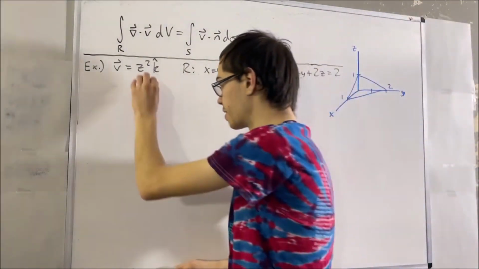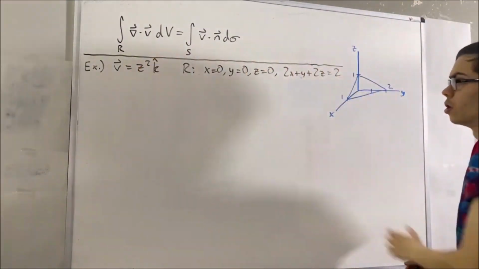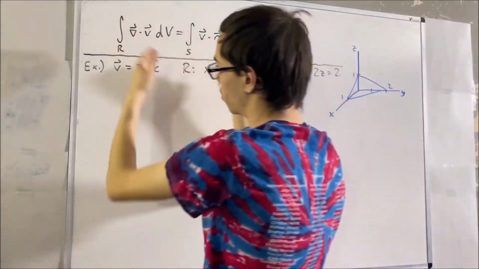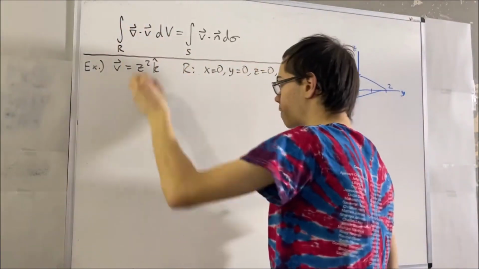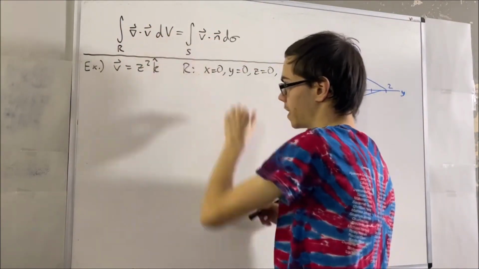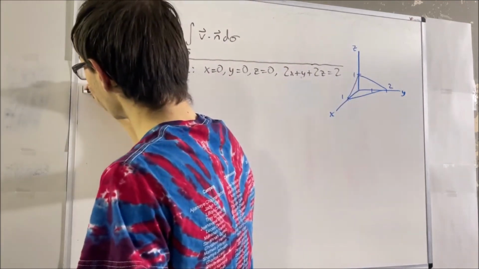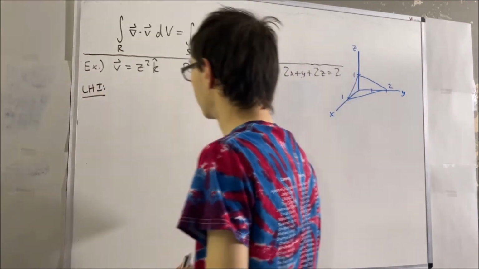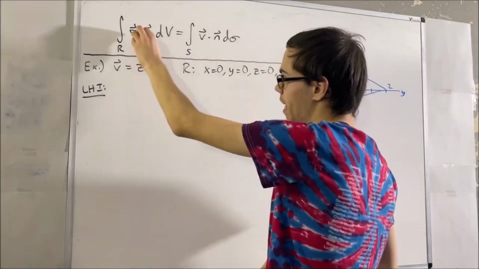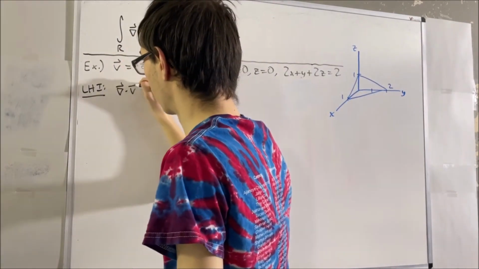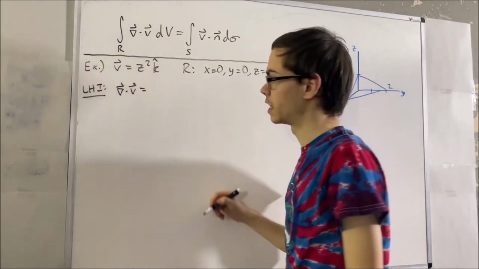So now, using this vector field and this region, we are going to verify that the divergence theorem holds. In other words, we need to verify that the left-hand integral is equal to the right-hand integral. So we'll start by evaluating the left-hand integral. For the left-hand integral, we need the divergence of our vector field. If you recall, the formula for divergence is,